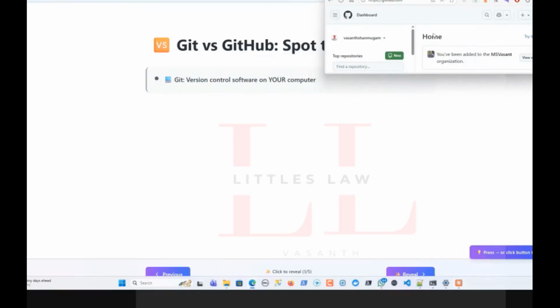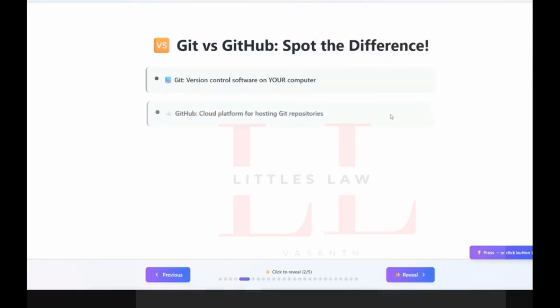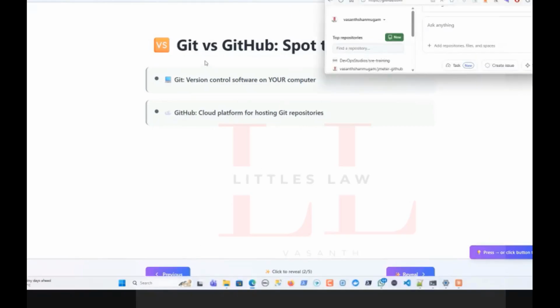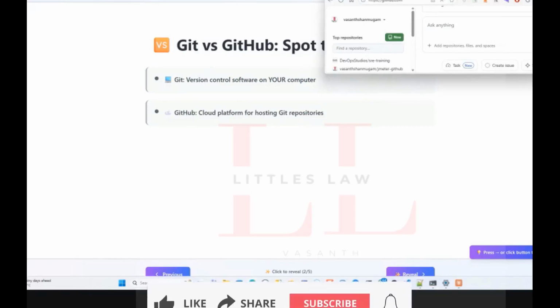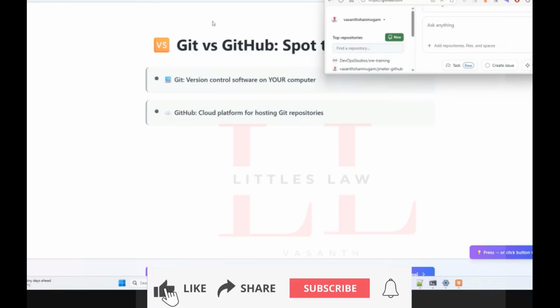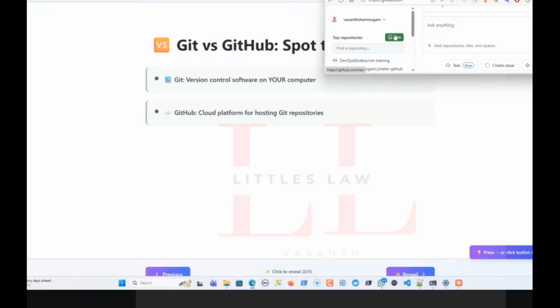Now talking about this GitHub that you see here. The GitHub part is the cloud platform for hosting the Git repository. GitHub, as you see here, is a website. Think of it as a kind of social network, something like Facebook or Instagram for coding. In Facebook, what we normally do is post videos and photos. The same way, to post your code, you're using